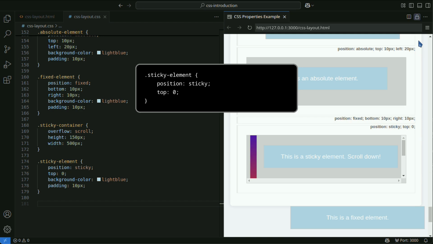Sticky behaves like a fixed element within a certain range. In this example, the element is displayed in its normal position, but when the page is scrolled to the specified top position, it sticks to that position and follows scrolling.